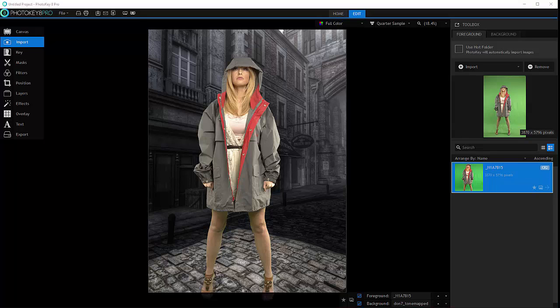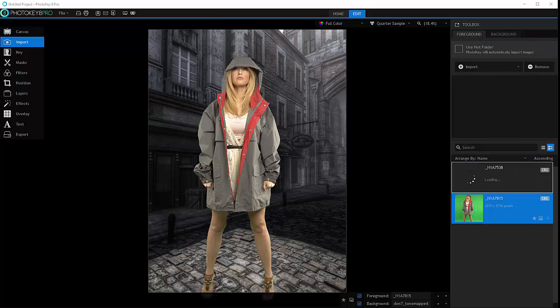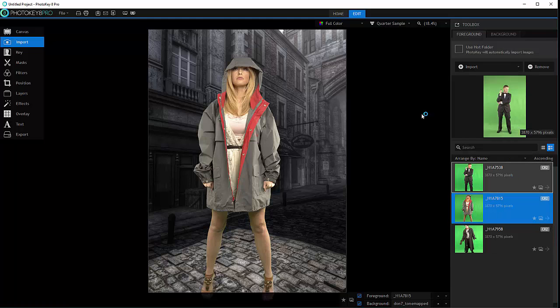Right here we have one image. Let's drag and drop maybe a couple of other images as well. Okay, and let's find one more. Okay, I'll just import this one. You'll notice we have three images. Currently one is selected. To activate another, we just double click and it will replace our foreground image